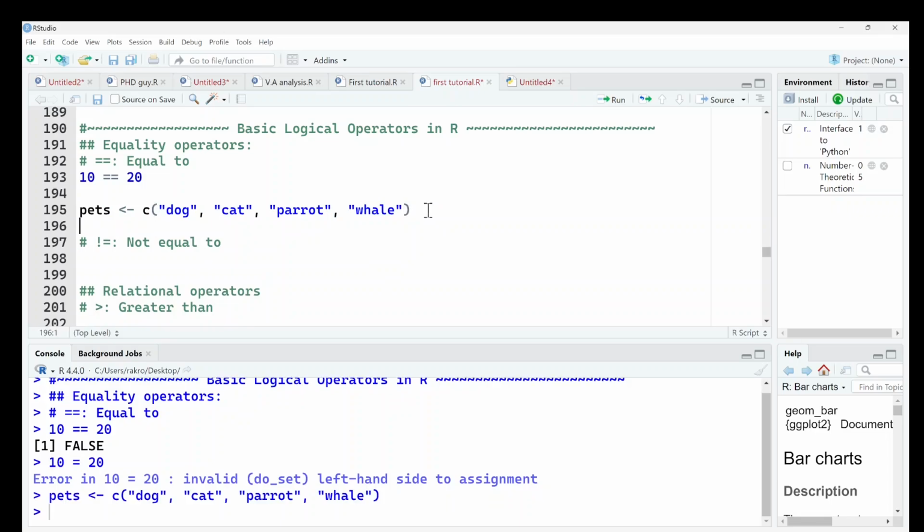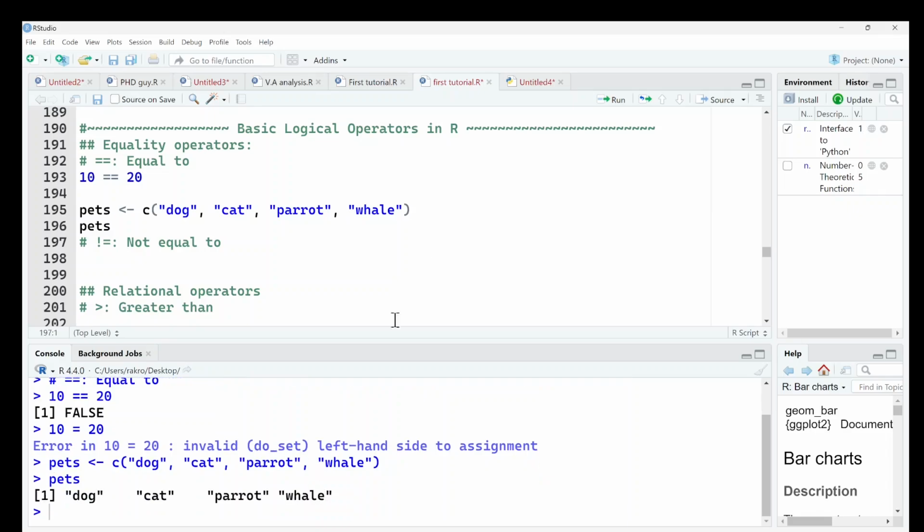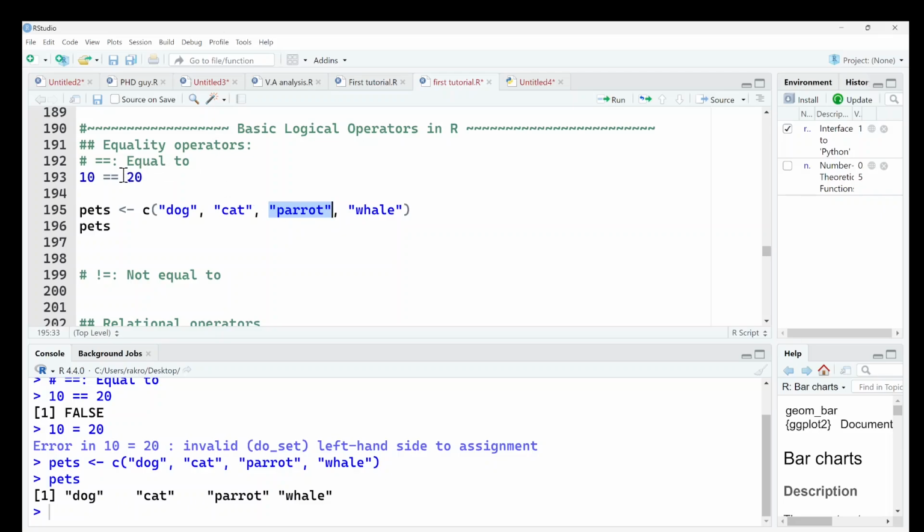And once we run and we call pets, it says in the object called pets, we have dog, cat, parrot, and whale in there. Now we want to check if pets is equal to parrot. We know we have parrot here, but we want to check using the equal to sign to see if truly parrot exists in pets. So we'll say pets equals parrot,